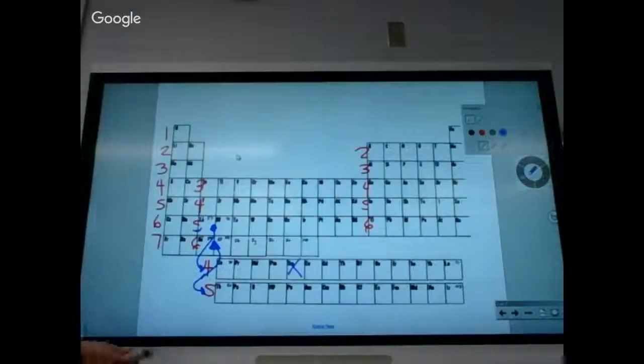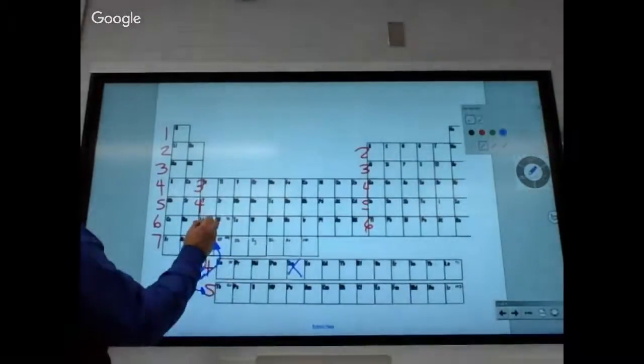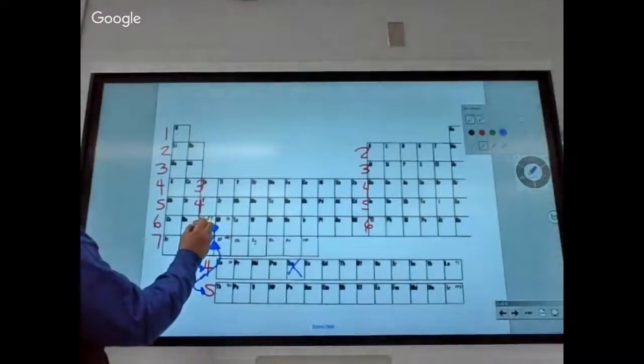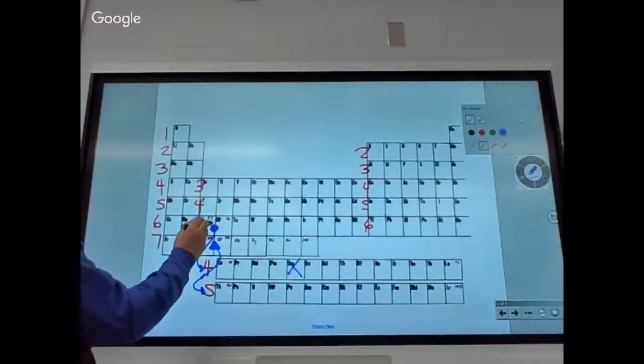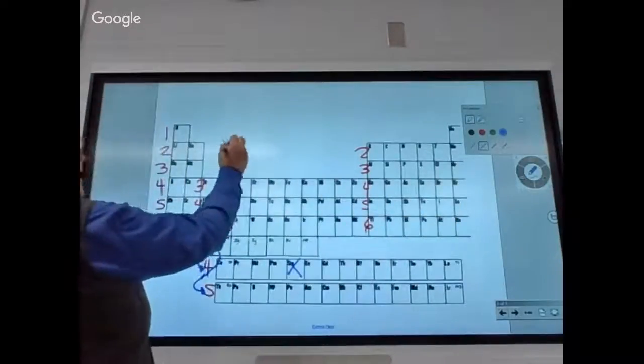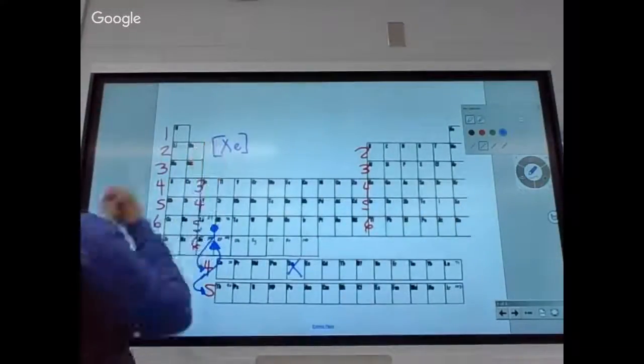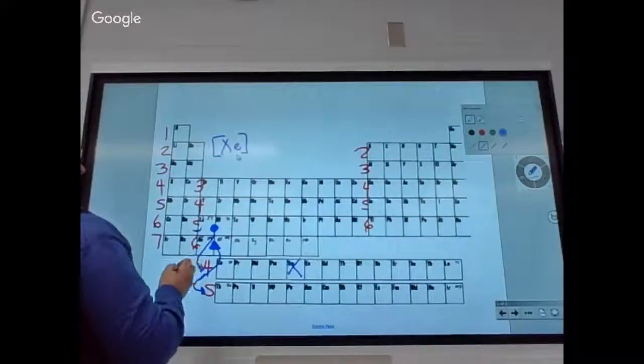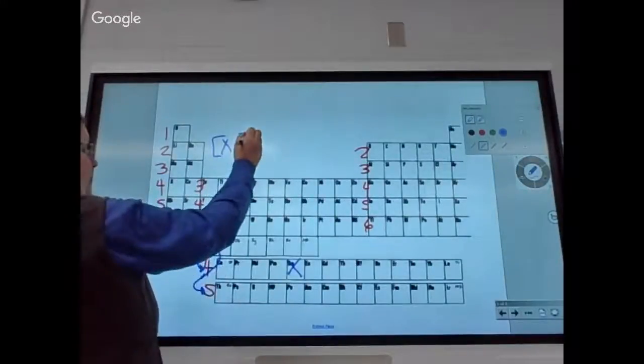Okay, remember, we've got to get the noble gas before it, right? So where does the whole row sit in terms of getting the noble gas? It sits right here at this circle. Xenon. Okay, sits at the circle, so all the way to the end and up, so it's xenon. So after xenon, we have